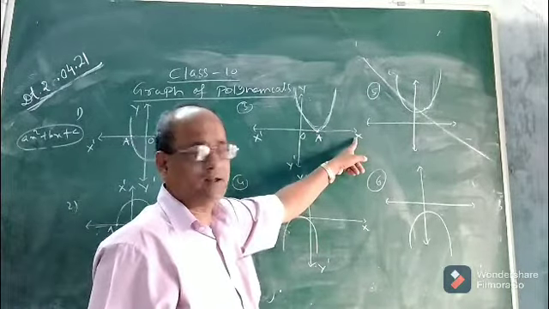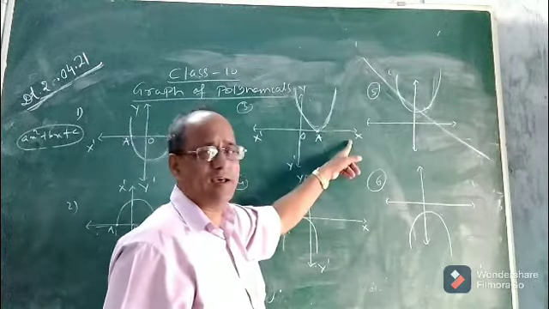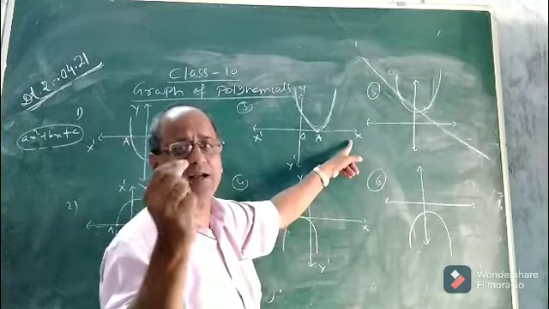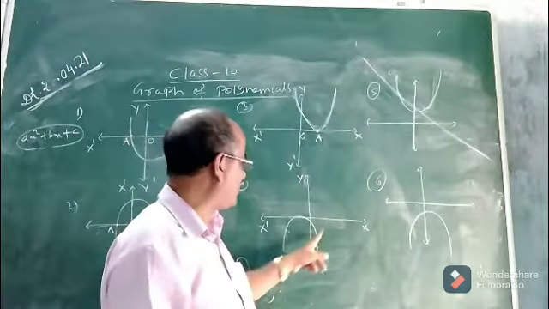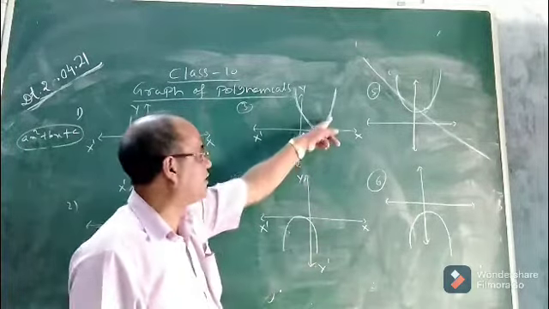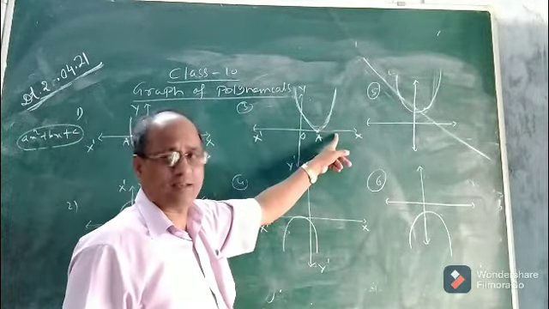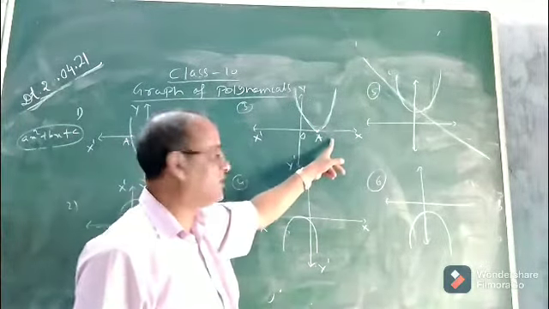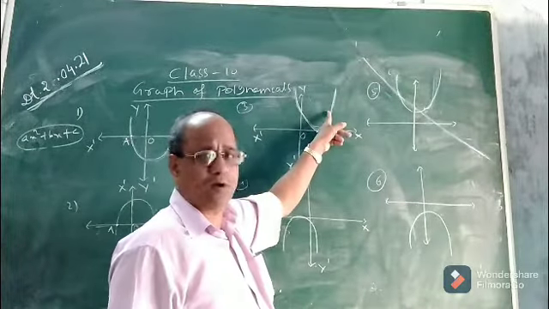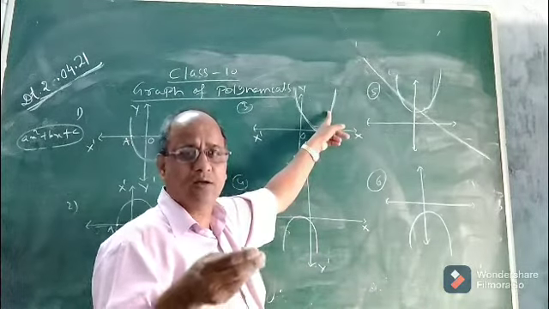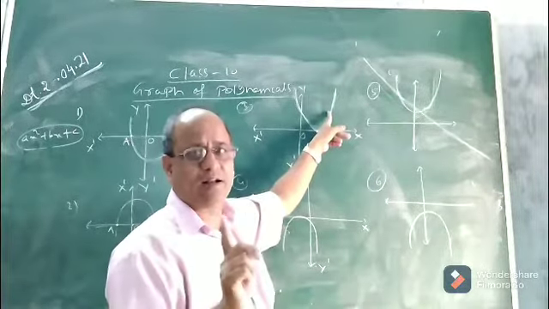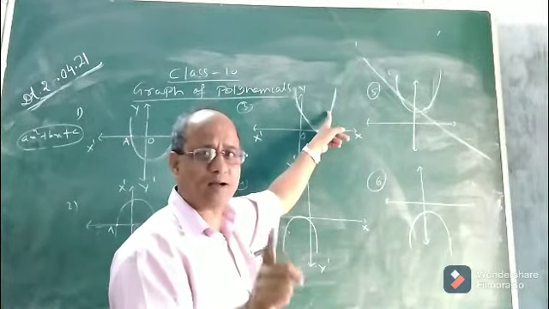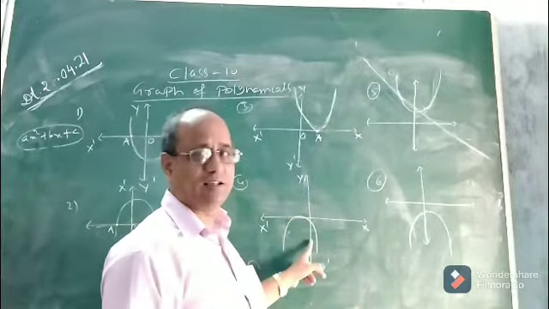So what does it show then? If the parabola touches the x-axis at exactly one point, we will conclude, whether it bends upward or downward, you see, it bends downward here, upward here, but it touches the x-axis. That means here the given quadratic polynomial has two equal factors. It will not have distinct linear factors. The two linear factors are equal in this case and in this case.